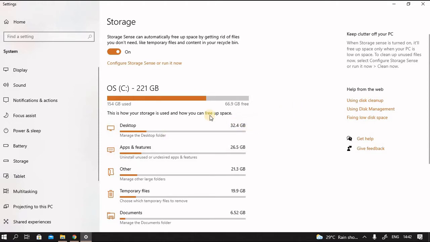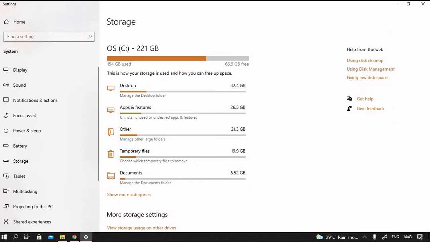32.4 GB space has been used on the desktop. That of course is a little high. Apps and features occupy 26.5 GB. Others occupy 21.3 GB, temporary files 19.9 GB and documents 6.52 GB.